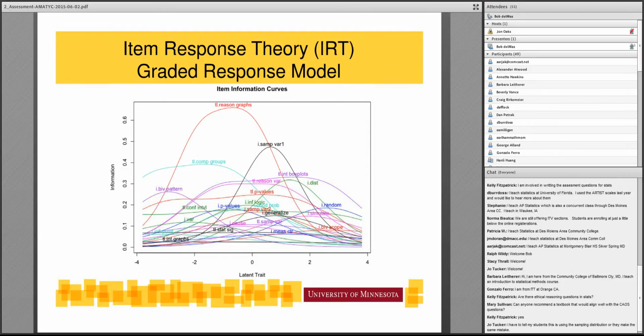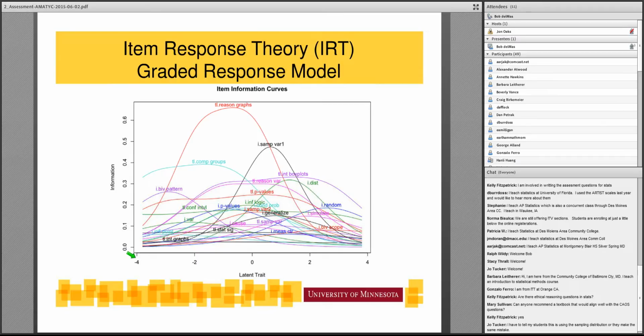slide. This is information that comes from item response theory analysis, and what it's trying to do is show you this hypothetical latent trait, which is represented along the x-axis here. If you think of 0 as being the average student, and then thinking of students who are 4 standard deviations above or down to 4 standard deviations below that, it's creating a hypothetical construct of this conceptual understanding of statistics.